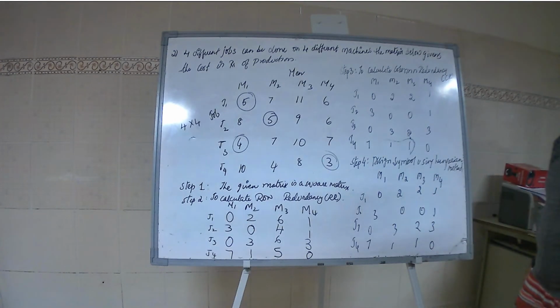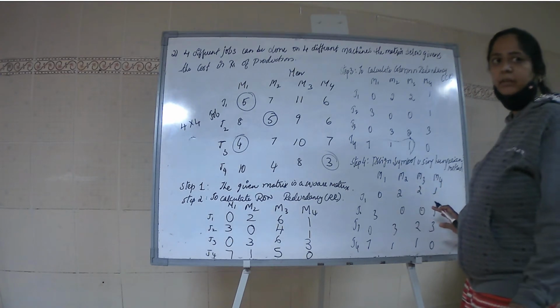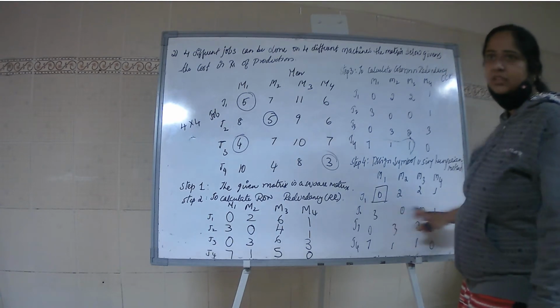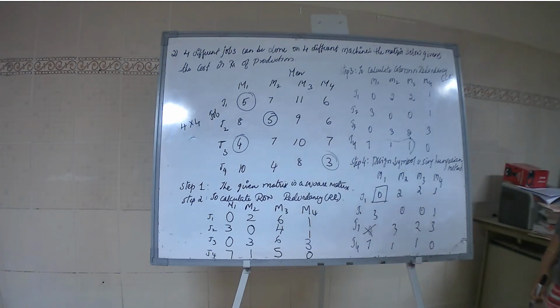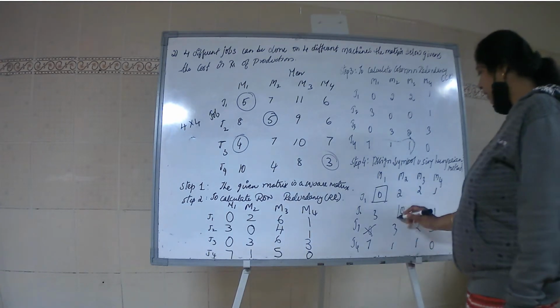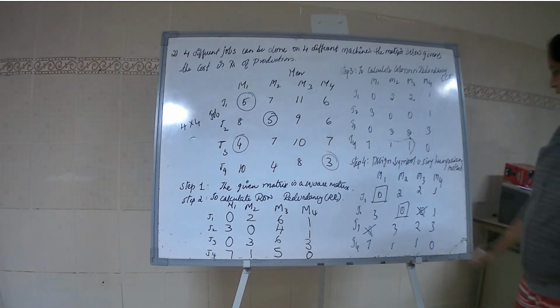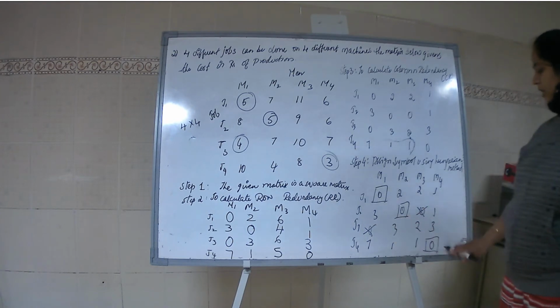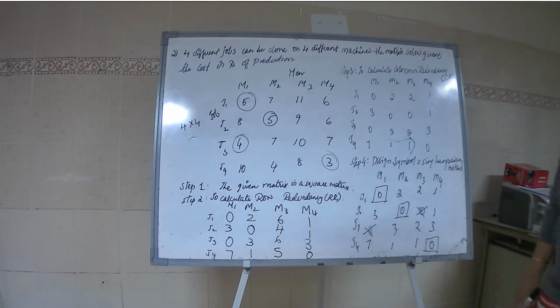Now I will consider rows. You can go with either row or column, but I am taking row first. Here I put the assignment because there is only one 0 in this row. So this 0 will get cancelled. In the next row, I put the assignment, and this 0 will get cancelled. Now in this third row, you don't have a 0; this is the only 0. So here you don't have 4 assignments. Can you see? You don't have 4 assignments.